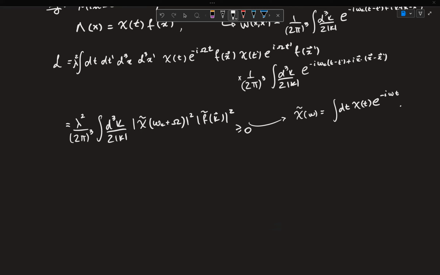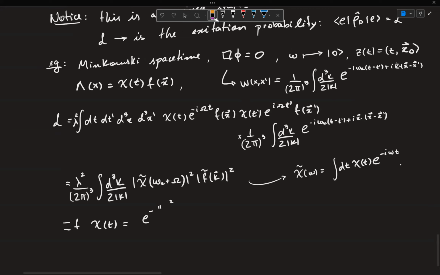So if you actually pick a Gaussian switching function, which is e to the minus t squared divided by 2. There's a very good reason why you might want to have a weird pi there, but let's not get into that. But if you consider this to be a Gaussian, and you consider the smearing to also be a Gaussian